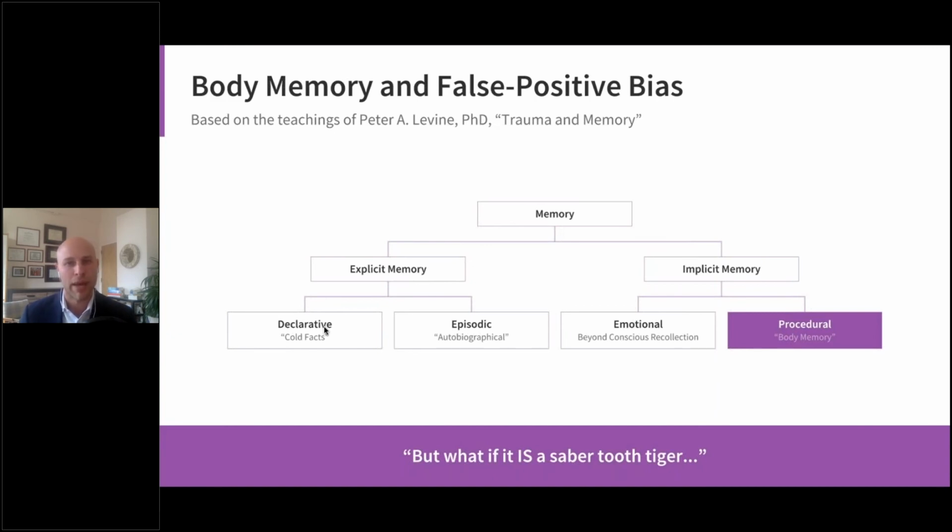He's the guy who started somatic experiencing therapy, and they've been teaching it now for a couple decades. And he breaks down the type of memory we have into explicit and implicit memory. And I would venture to say that the type of procedural memory, we'll talk about that in a sec, contributes to an inability to break out of a traumatic event, whether that be post-traumatic stress at a time of war